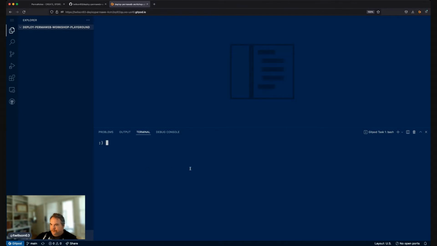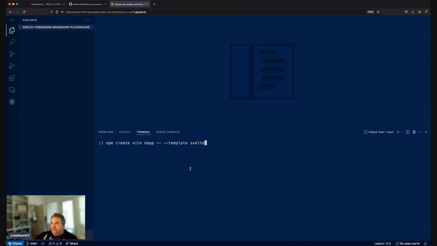So to get started, first thing we need to do is create a web app, and we're going to use Vite to do that, and Svelte. These are tools that I use, but you can use Create React App or anything else that you prefer. So we're going to use Svelte,